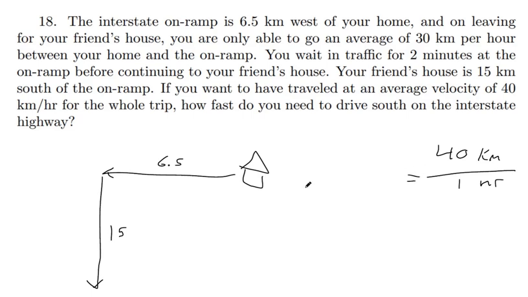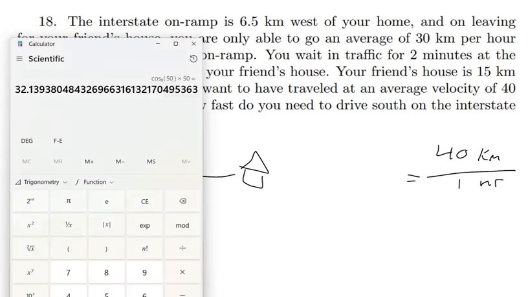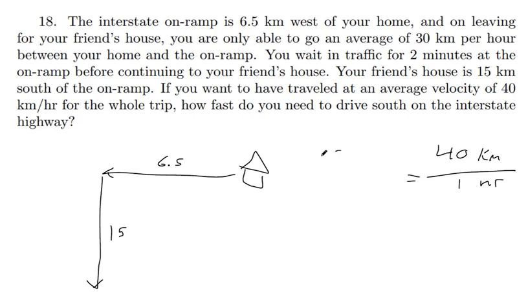Okay, and it looks like the total travel is 6.5 plus 15, so that's 21.5, right? It's 21.5 kilometers. So I'm going to put that in the top part. I'm making an equation. I'm equating all the units I have. We need to make that ratio equal 40 kilometers for 1 hour. Okay, so we got 21.5 kilometers,